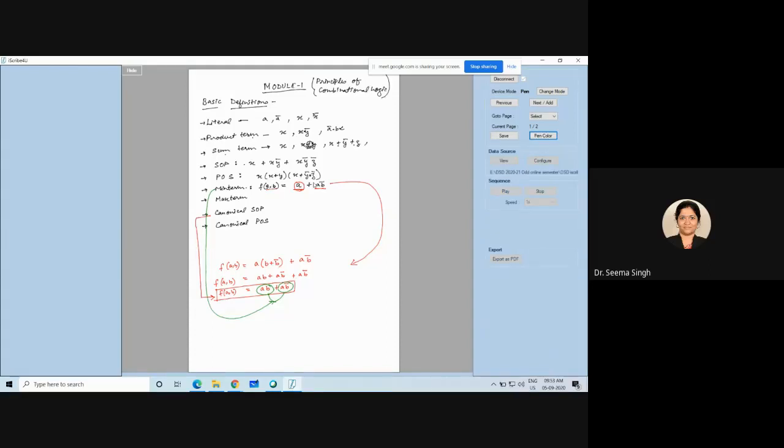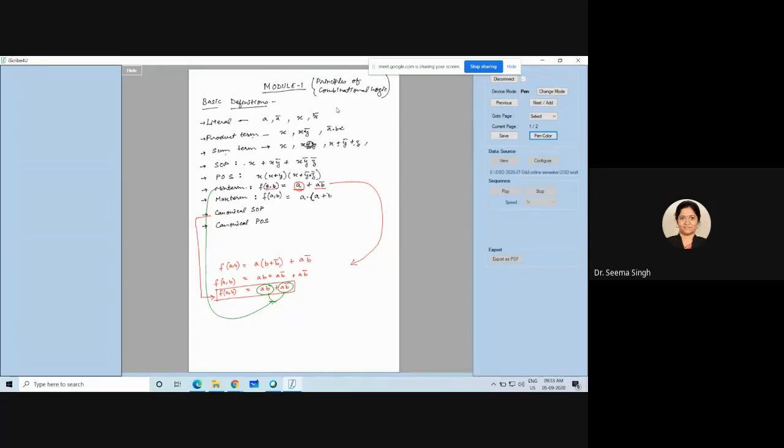Okay, so this is about maxterm, which is a sum term which contains each of n variable in either complemented or uncomplemented form. So I will give you an example of maxterm here. Again for the sake of simplicity, I will take 2 variable only. So I will take again AB only. Now suppose I take A.